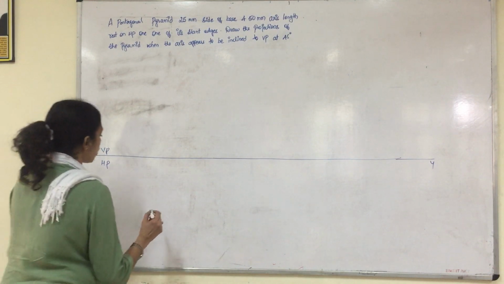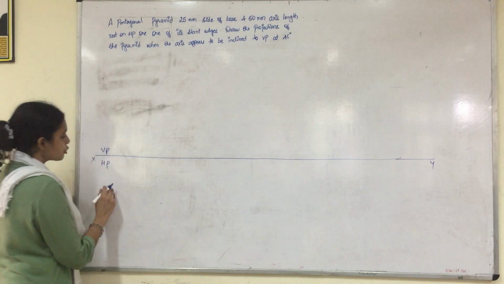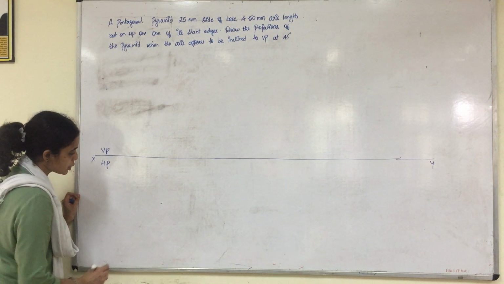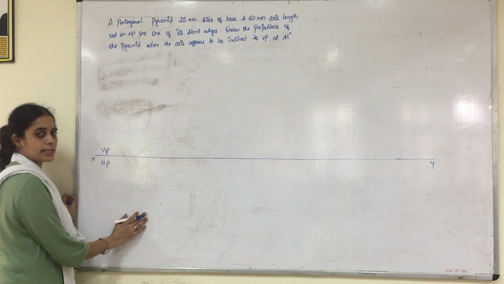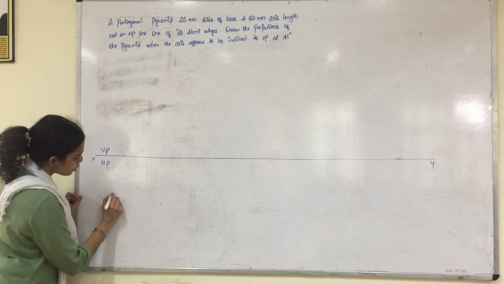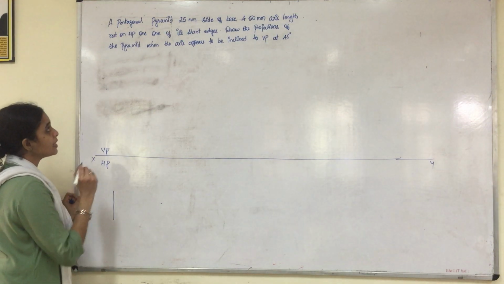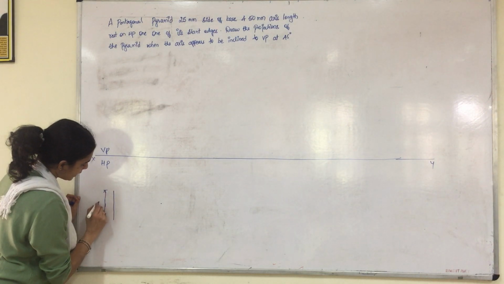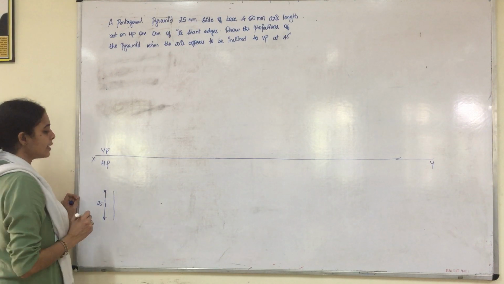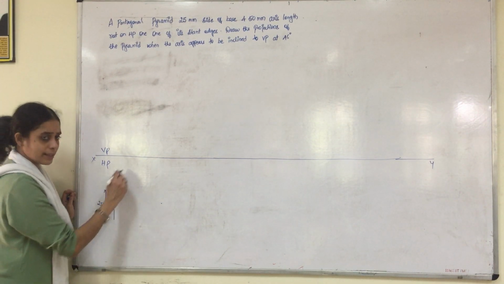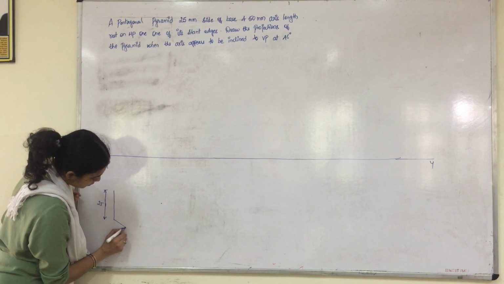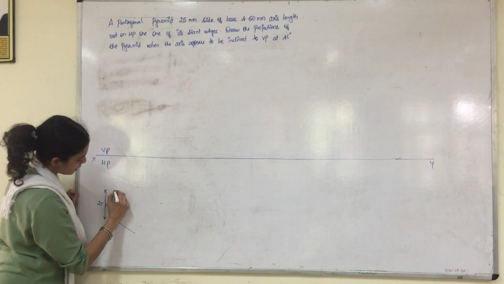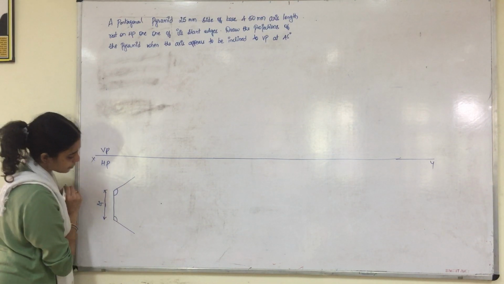Now if you want to keep the corner of the pentagonal pyramid towards your right, you should have the edge towards your left. So start constructing the pentagonal surface in our top view because it provides the true shape of the pentagonal surface. First draw a vertical edge. The dimension of the side is 25, so please show the dimension of that side. Measure 25 mm exactly, and then construct the remaining sides. Take the interior angle of 108 degrees, and even here the interior angle will be 108.